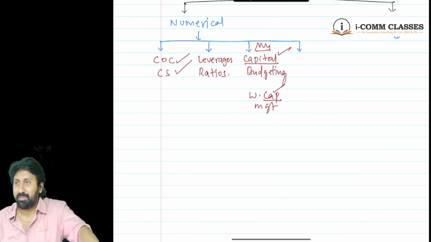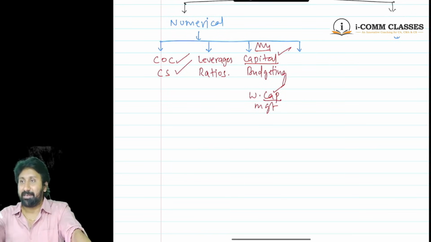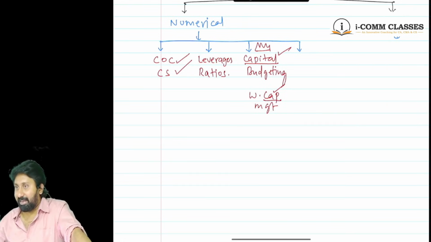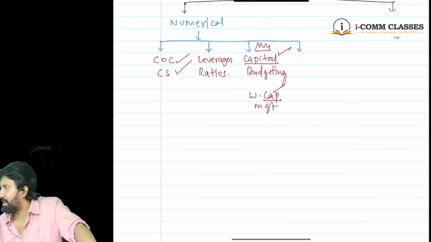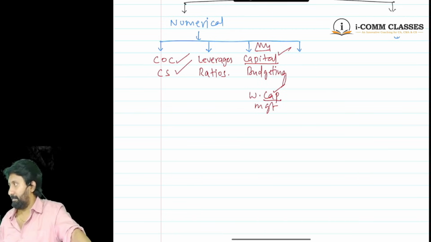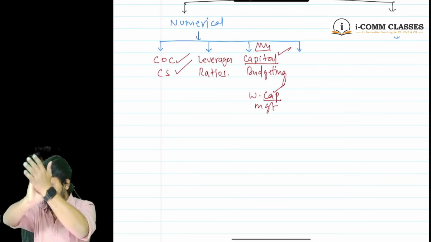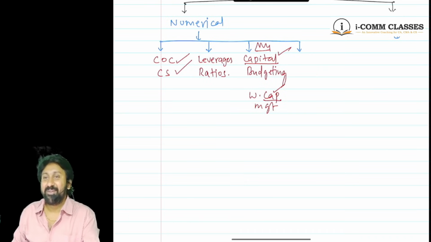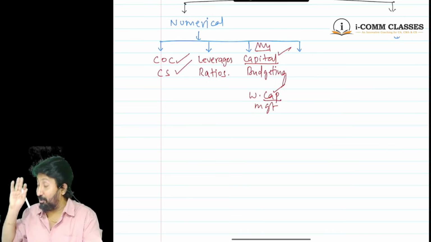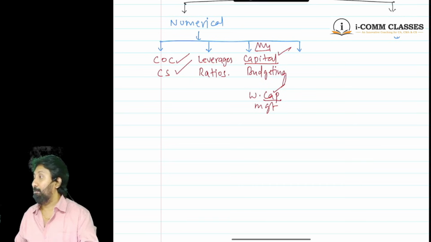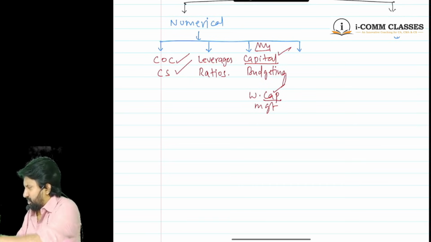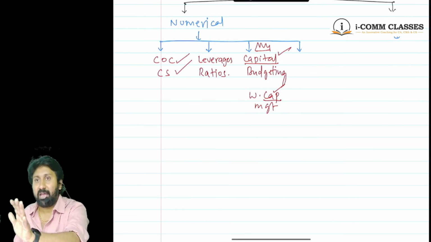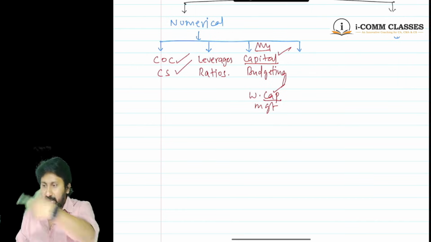I will ask you a question. In a company, there are two types of share capital. Either compulsorily both equity and preference should be there, or any one can be there. Equity must be there. Only preference, you can't run the company. Without equity, there is no company.